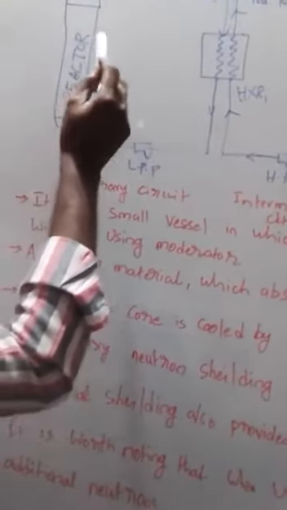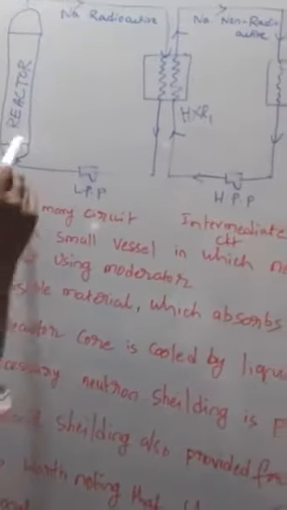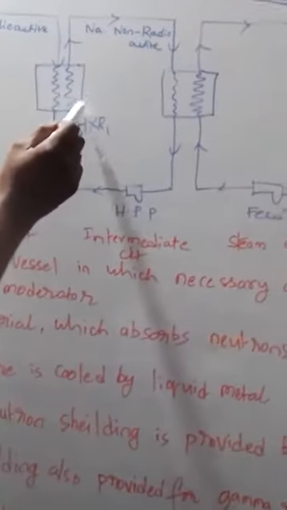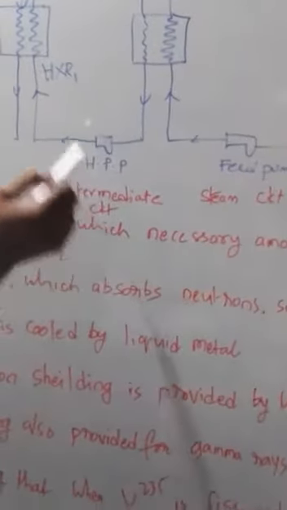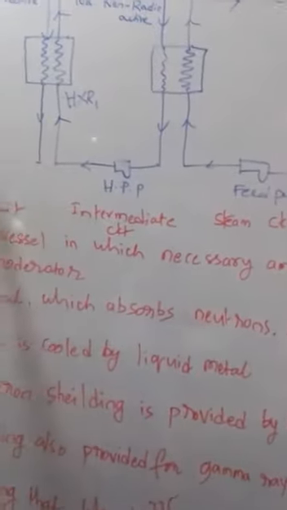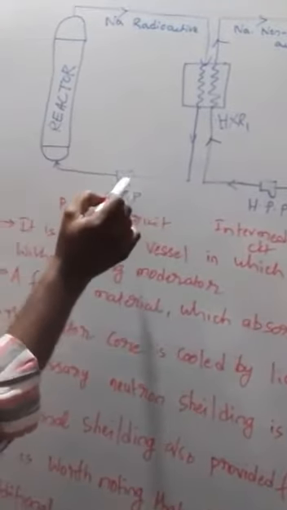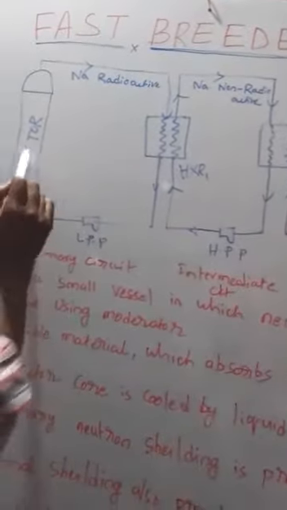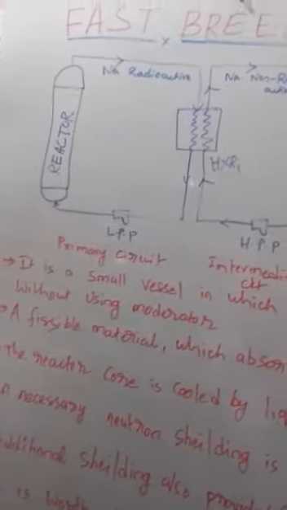Because of that, heat will be produced and absorbed by this liquid sodium, and it enters the heat exchanger and rejects the heat to the circulating coolant in the intermediate circuit, and this primary circuit coolant will become cool and will come to the pump and be pumped back to this reactor. In this way, working fluid will circulate in the primary circuit.